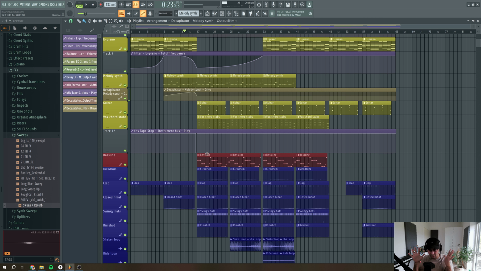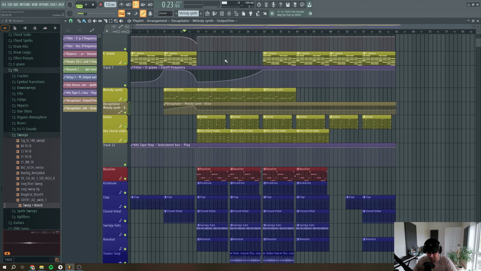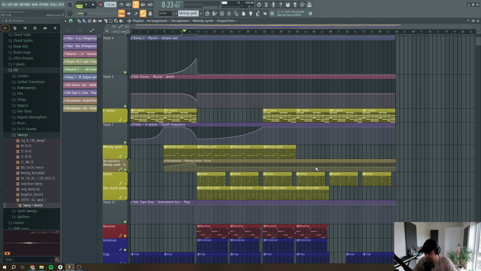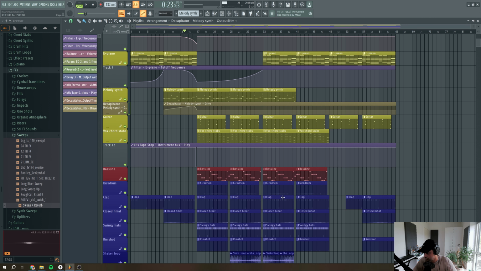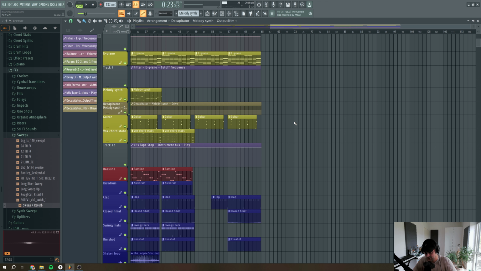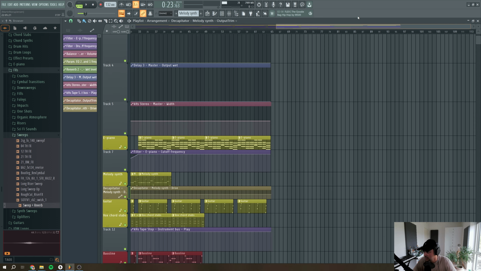I think this is what I want to do right now in terms of arrangement and song structuring. So I'm going to jump into the different instrument buses because I don't want to make this video so much longer. In terms of arrangement, as I told before, after the drop here and the build down of the drop into the breakdown, I'm going to add another build up section with basically the same automation and introducing elements,